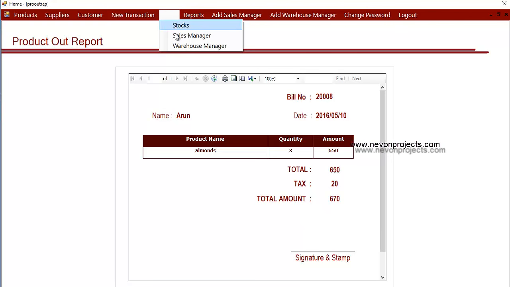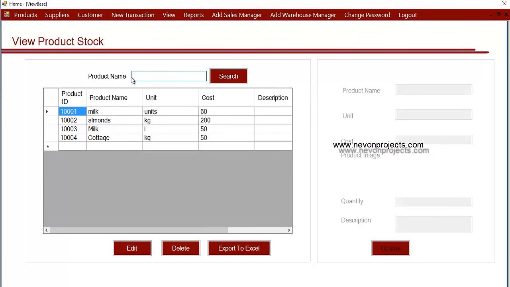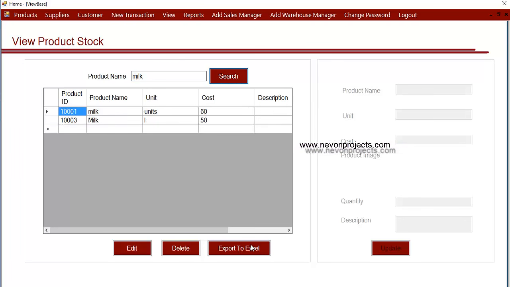Over here you can view stocks, sales manager and warehouse manager. So let's see the stocks. Over here you must enter the product name if you want to view a particular product. Suppose I'm entering milk, and once the admin clicks on the search button, the milk product details will be shown over here.